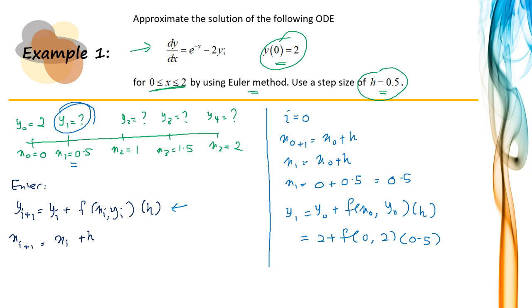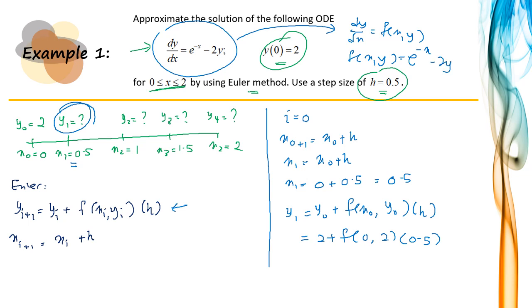Now we are going to substitute the values x equal to 0 and y equal to 2 into our f. So what is our f? Function f is our dy/dx. That means dy/dx is equal to f(x, y), which is equal to exponent minus x minus 2y. We just substitute the values of x and y and then use your calculator to calculate everything. So your y1 is equal to